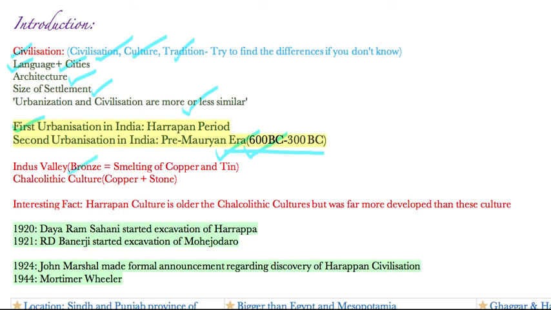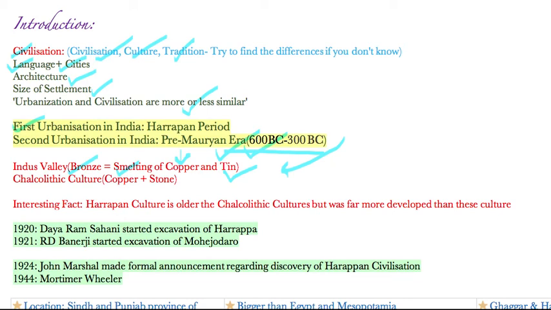And how is bronze made? It is made by smelting of copper and tin. So they were aware how to make bronze, but the quality of bronze was not that good. Why was it not good? Because tin was scarce. Although copper was available from the Khetri mines, tin was not available locally. So it was brought from Afghanistan or maybe Hazaribagh in Jharkhand. That is why there was a paucity of tin, and so the quality of bronze is not that good here.